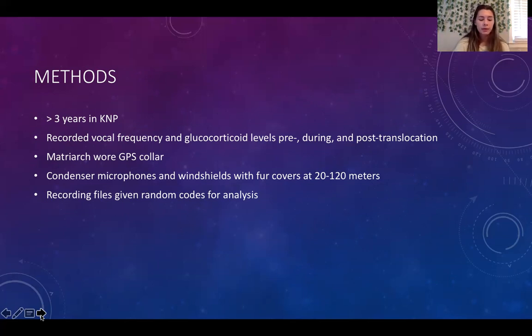At the same time, they were also taking fecal samples while they were following the group. They measured fecal glucocorticoid metabolite, and we'll call that FGM in this talk. This shows whether there was a physiological response to the stress of being in an unfamiliar place, because FGM is known to indicate a change in emotion or excitement. FGM is an indicator of adrenal activity and has been used as a measure of stress in a number of